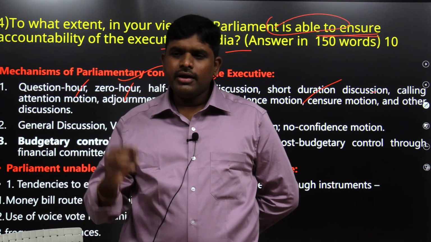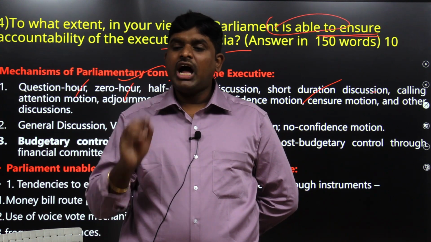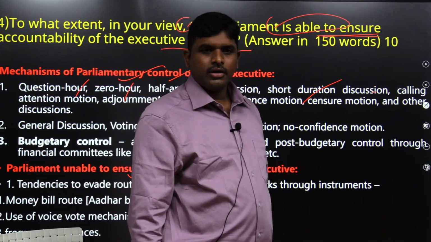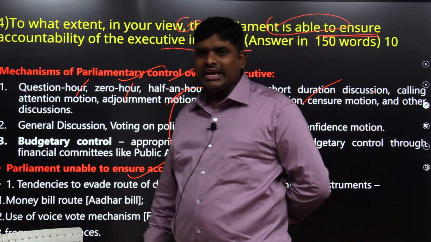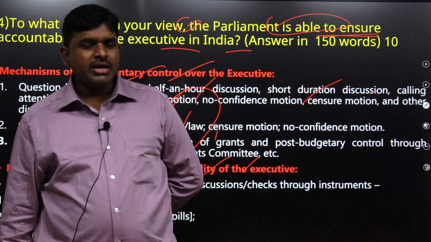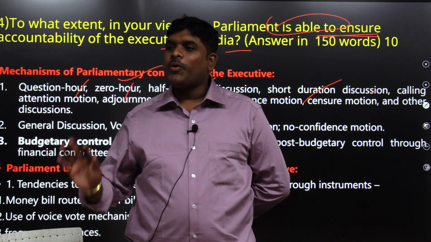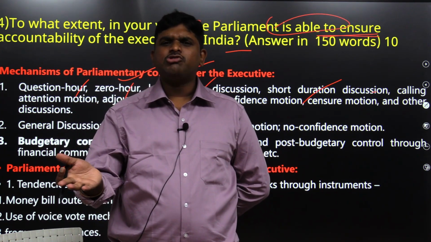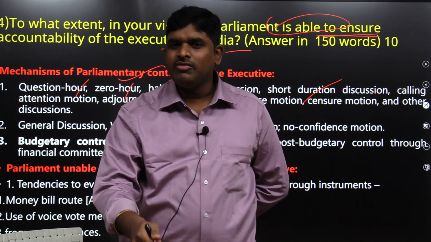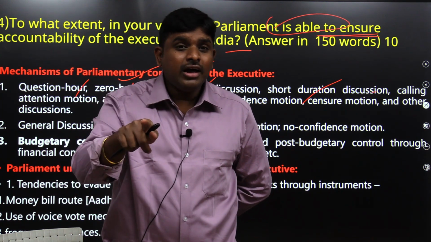Then what did they do? The Speaker is a ruling party member. The Speaker declared that the Aadhaar bill is not an ordinary bill, it is a money bill. Now you tell me, for any bill designated as a money bill, what is the role of Rajya Sabha? Only recommendatory, and the recommendation is also not binding on Lok Sabha. So will the Aadhaar bill pass or not? Easily it will pass. In this way they are escaping the scrutiny.